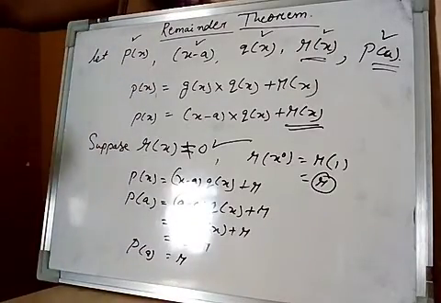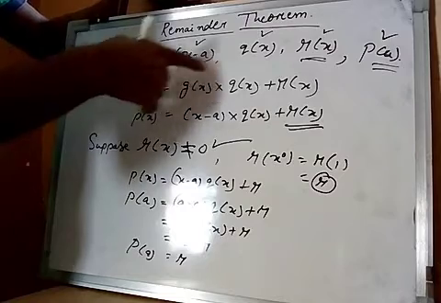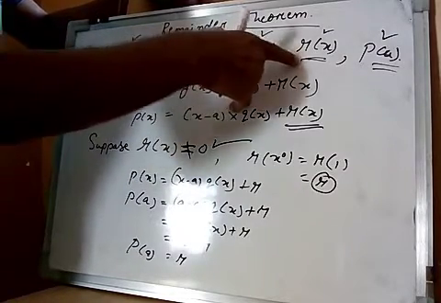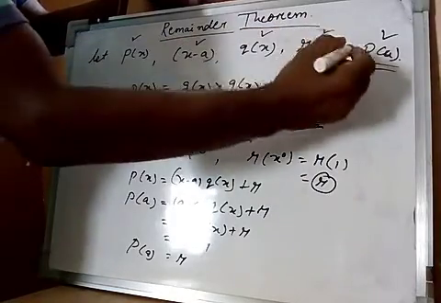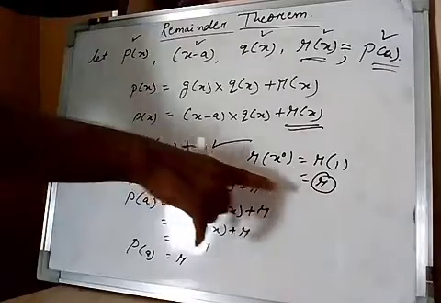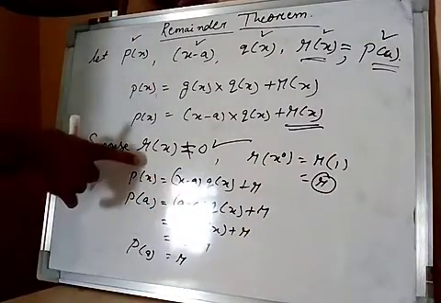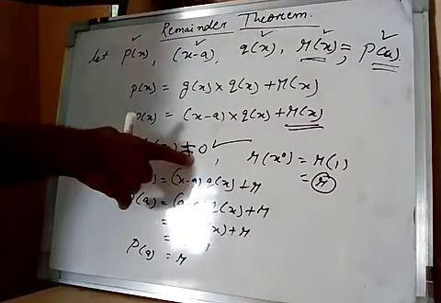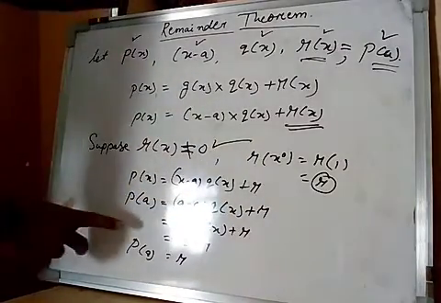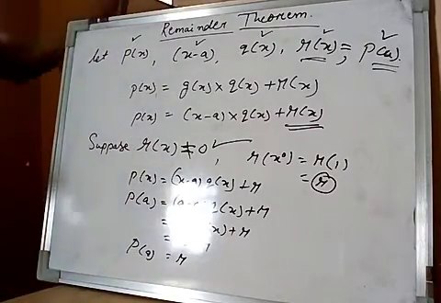So we can say when the polynomial in x is divided by x minus a, the quotient will be qx, then the remainder will be rx, that is p of a. So here we got the remainder r, and we got p of a also r. That's why when px is divided by x minus a, it leaves remainder r, or we can say the remainder is p of a. What is a? We have taken it in the place of x, that is a.